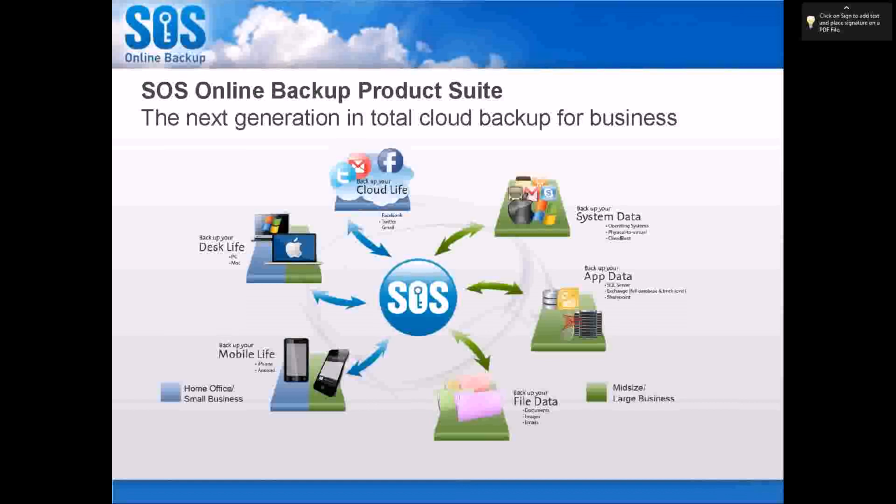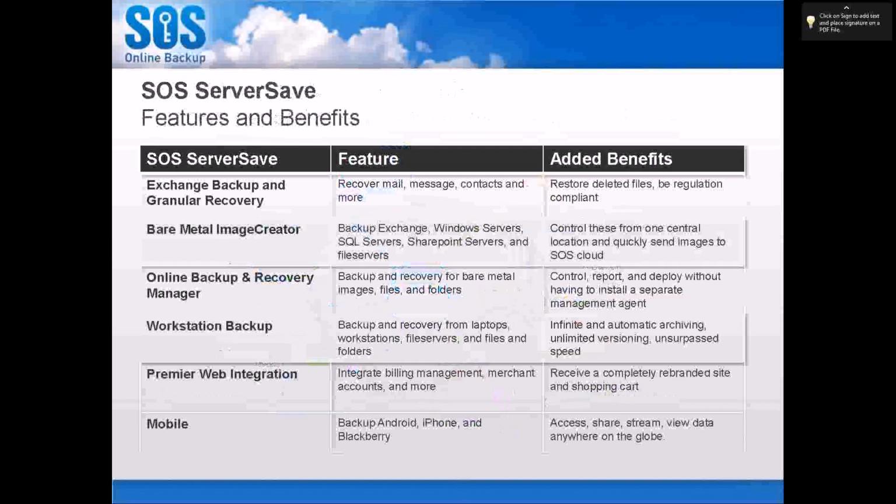So, in a table form, what do you get with the program? You get Exchange backup and granular recovery. Terrific. Down to the middle level, we'll show you that. Bare metal image creator. Real simple. You select the volume you want to create an image of, and it's going to do it. You do it continuously. So you create one full image, and then for the rest of the year you do incrementals. You can take those off-site, and we have a cloud boot option that's